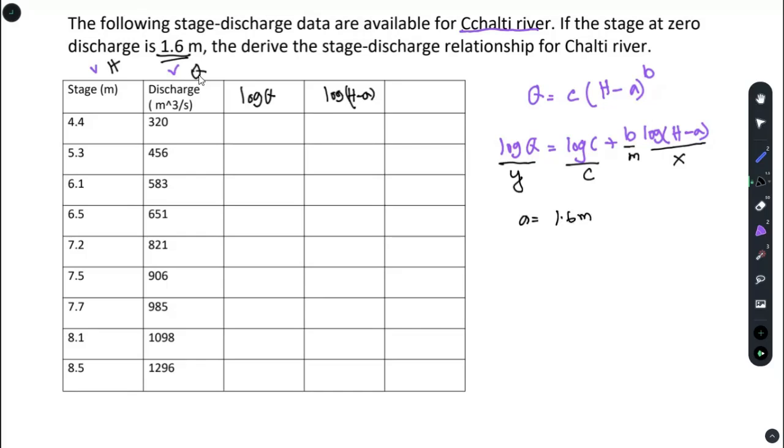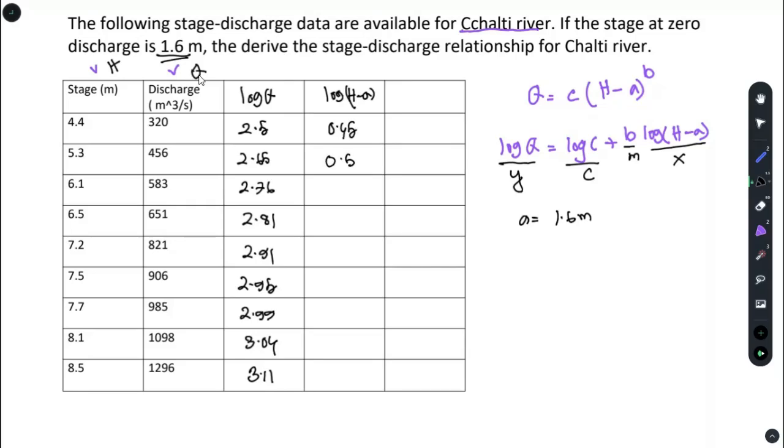So if I take log base 10, I'll get some values: 2.5, 2.65, 2.76, 2.81, 2.91, 2.95, 2.99, 3.04, 3.11. And for log (H minus A), I will get values of 0.45,